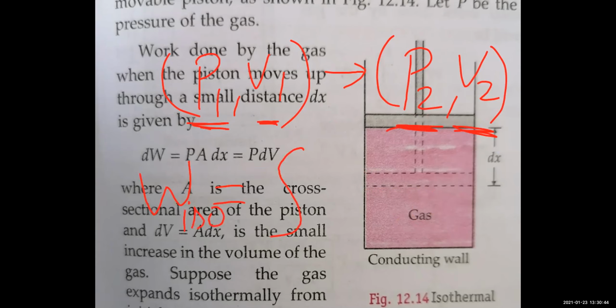So you will integrate, right? Integration of what? Of P dV, because P dV is the small work done, and if you add such small work done, you will get the big work done. So you are going to do the integration of P dV. Here you have volume, so volume is changing from V1 to V2. So integration from V1 to V2 of P dV, right? I hope this much is clear.